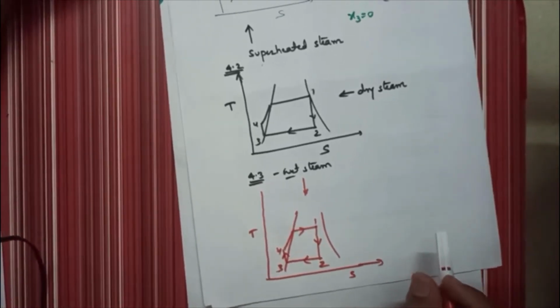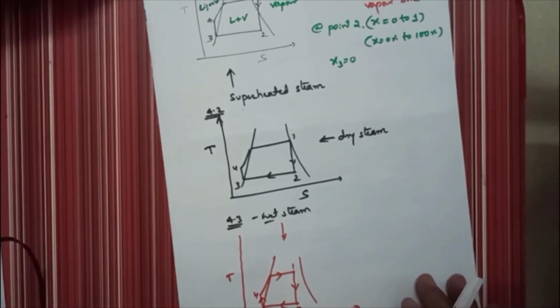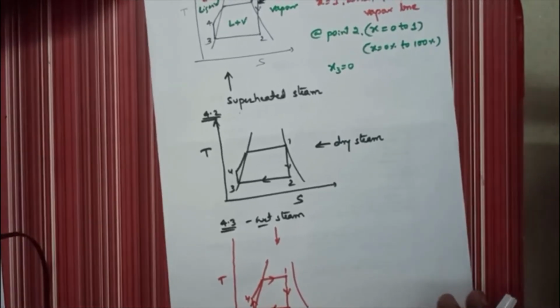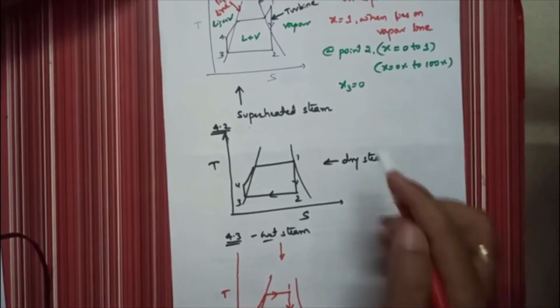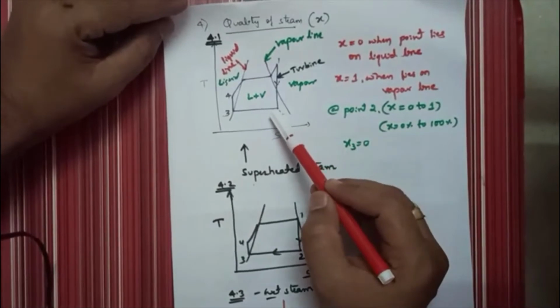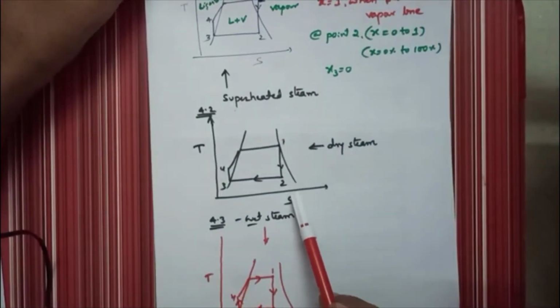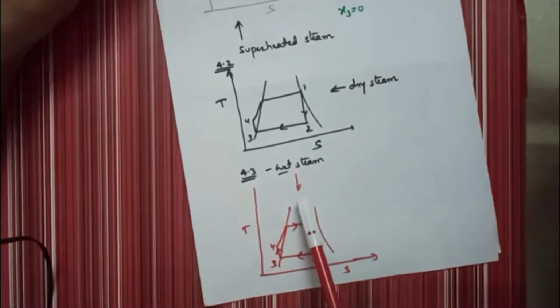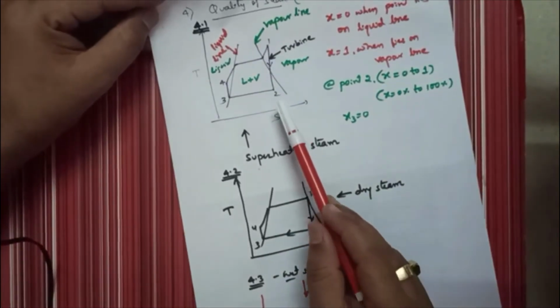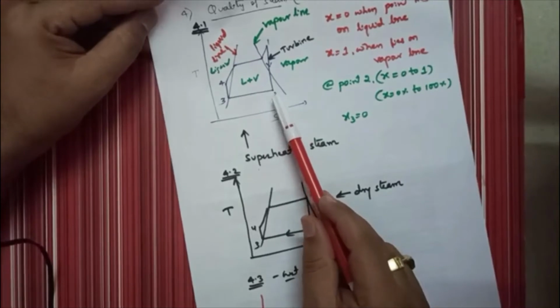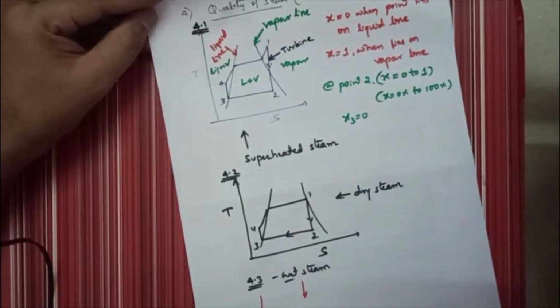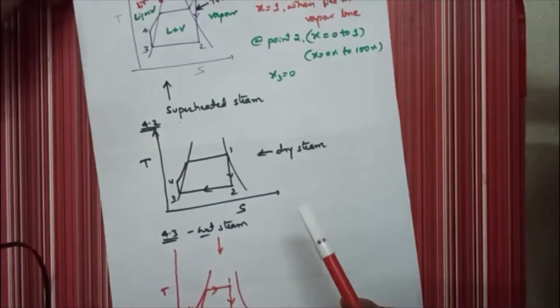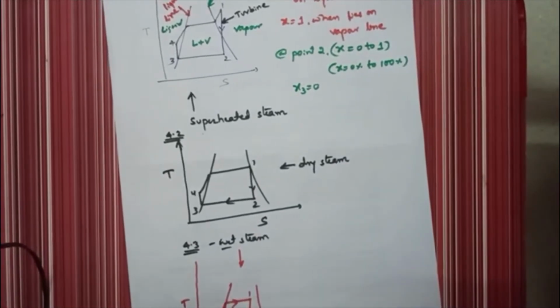Okay, but just observe here at outlet of the turbine, that is point number 2. In all 3 cases, here point number 2, and here point number 2, and here is also point number 2, it is wet condition. At point number 2, the steam which is coming outside the turbine is the same in all 3 cases. Okay, now I will draw one more diagram, one more TS diagram.